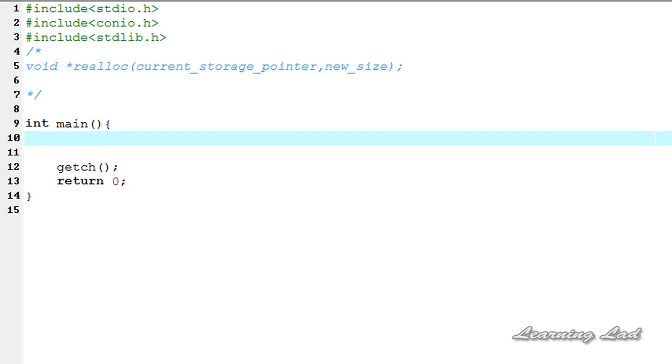In this tutorial, we're going to see how to use the realloc function in C to reallocate the memory which has already been allocated using the malloc or the calloc function. This realloc function is going to increase or decrease the size of the allocated memory. First we're going to see the syntax of this realloc function, and then we're going to see how we can use